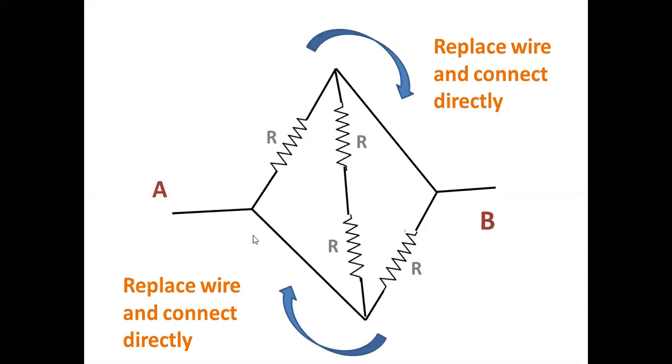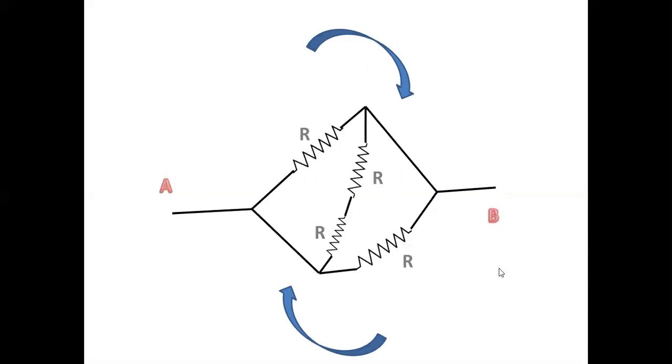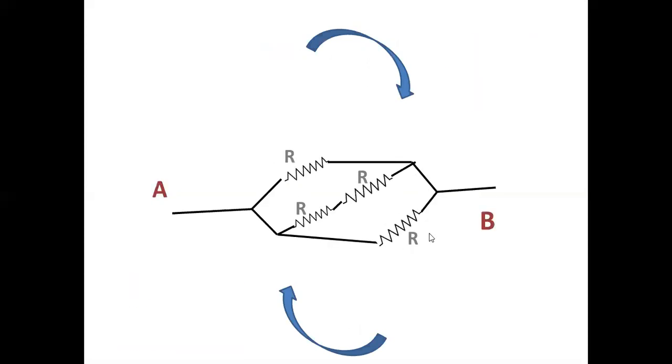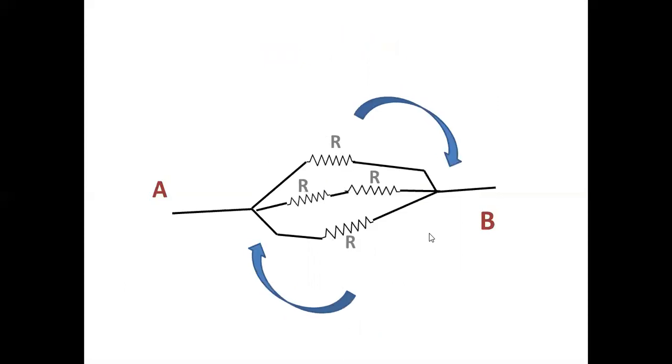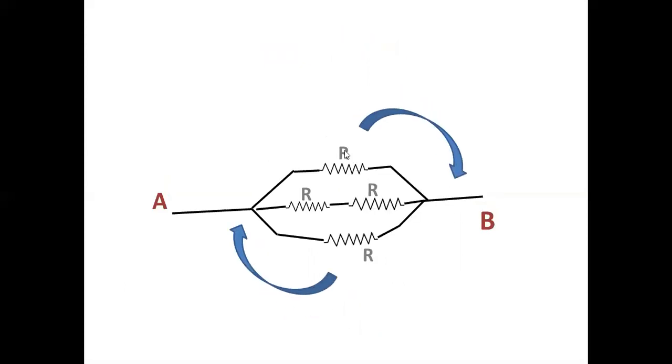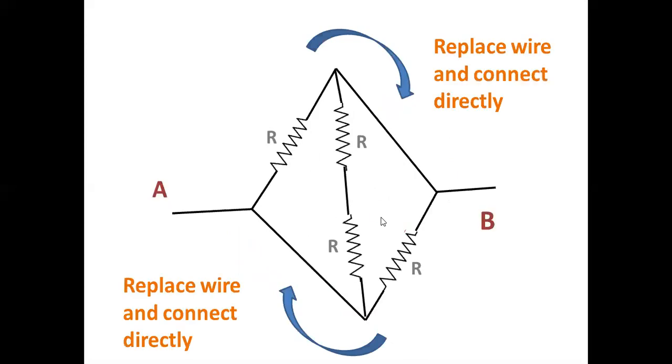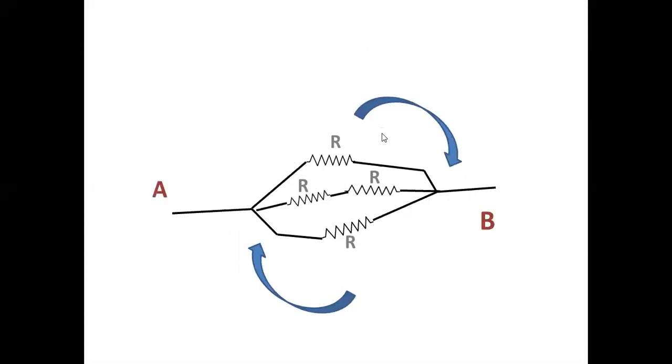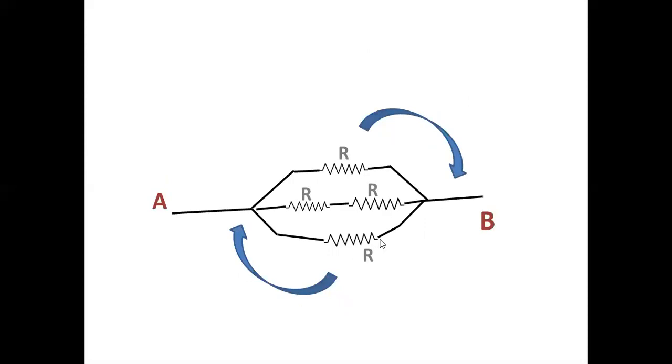Just go on pulling this. Stand here and pull this wire. When you pull that wire, and this one here and this one here, finally you will find that the resistors will arrange like this. So here 1R, here 2R, and here 1R. R parallel 2R parallel R. Can you guess it now? This is R, this is 2R, and that 2R comes from here to here, right? So just turn it like this. So 2R parallel R parallel R.